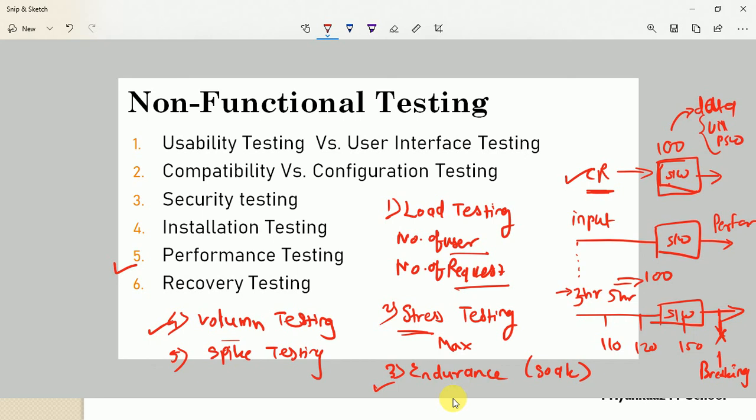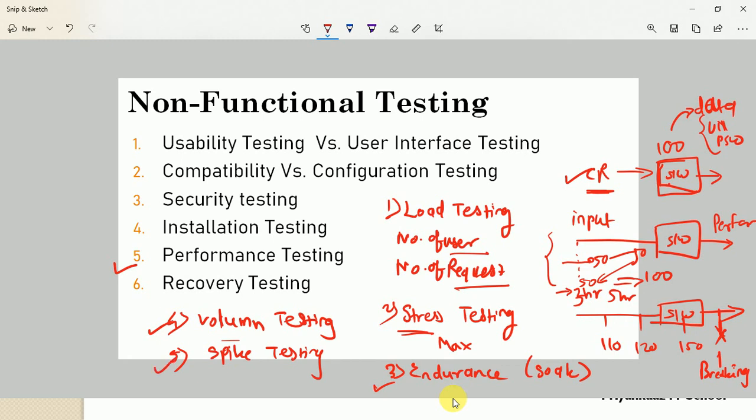Suppose the requirement is that 100 users at a time can use the software application, but we put the user load in this way: first we put 50 users, then we suddenly increase the load by another 50 users, then we suddenly decrease that load by 50 users. These are nothing but sudden changes we make inside a network while applying that load. For sudden changes, we verify software performance, and this is nothing but spike testing.